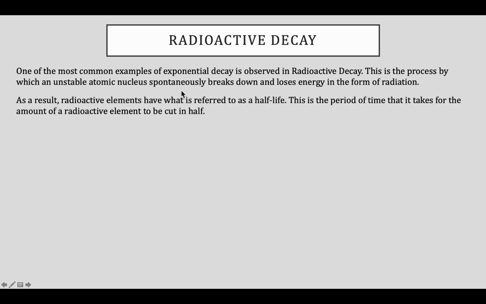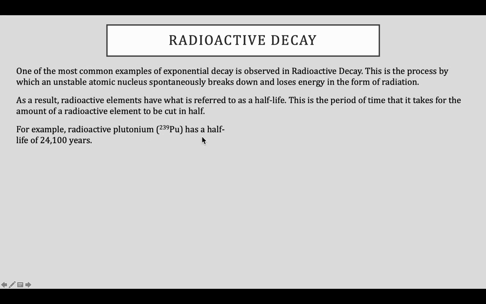But what happens is our atomic nucleus is breaking down. It's becoming smaller over time. All right, so as a result, radioactive elements have what is referred to as a half-life. This is the period of time that it takes for the amount of a radioactive element to be cut in half. So for example, if I have radioactive plutonium,